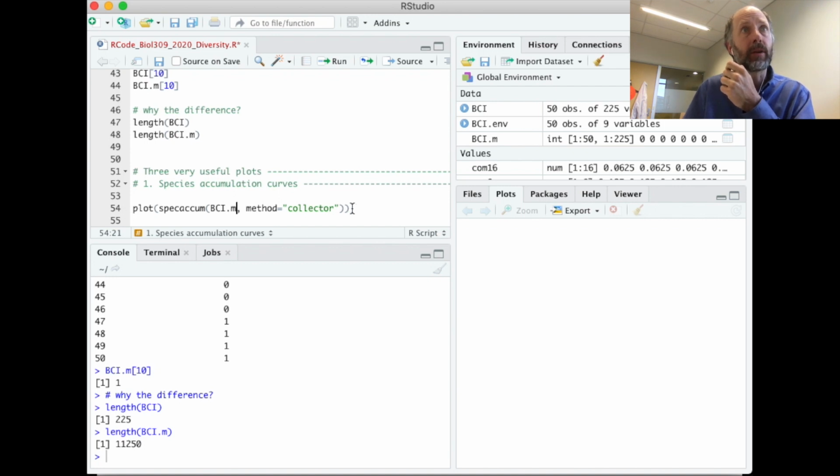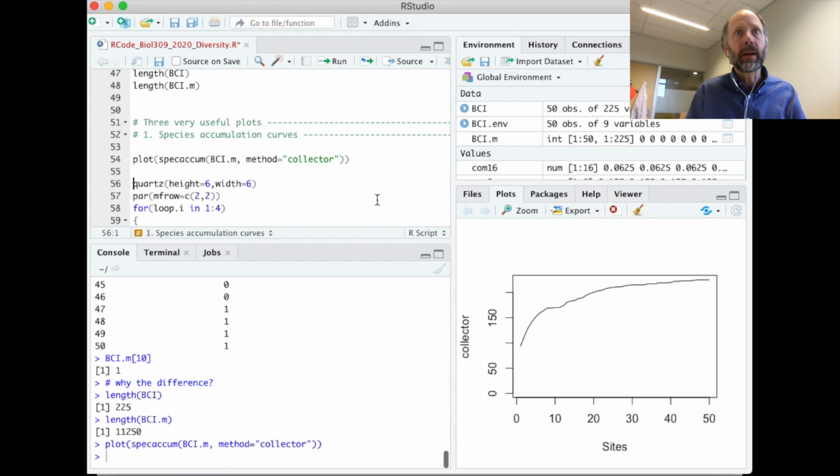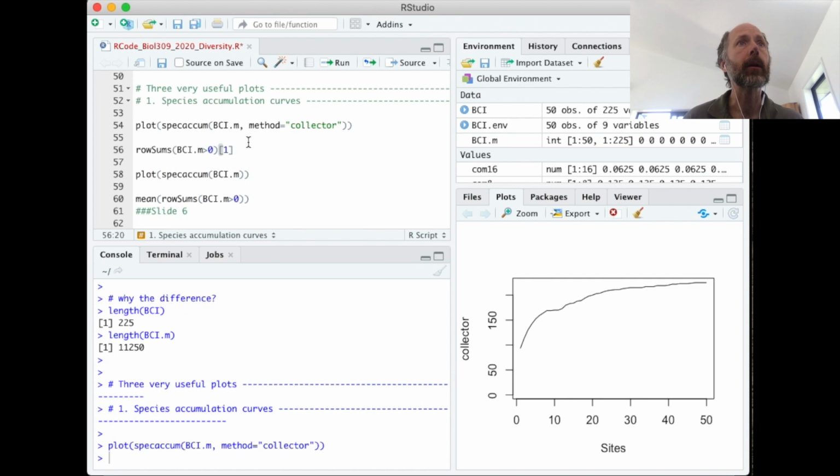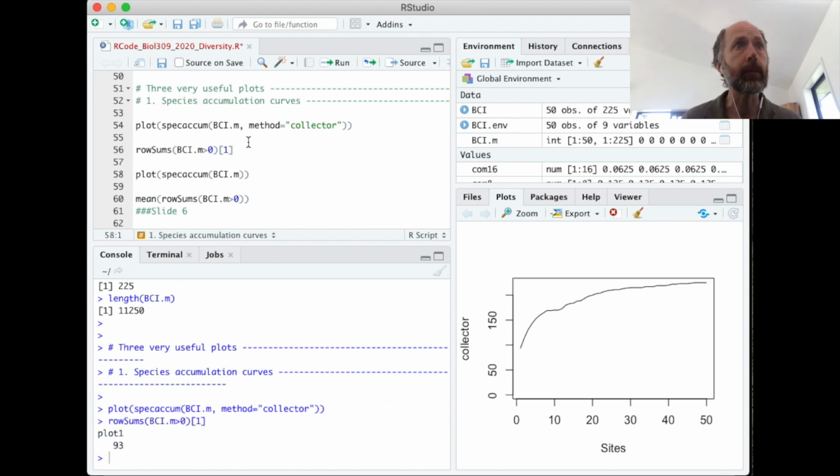So that's what this line of code is going to do. And when I do that and run that, it looks like this. What that's saying is we have 50 sites. If you took these sites in order from 1 through to 50 and said how many species I found, if you just took the very first site, this is telling us it must be somewhere just under 100 species within that plot, and we could test that at the row sums of the first plot, and we see it's 93,